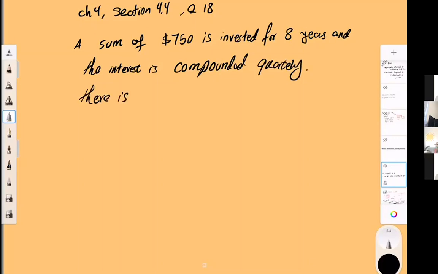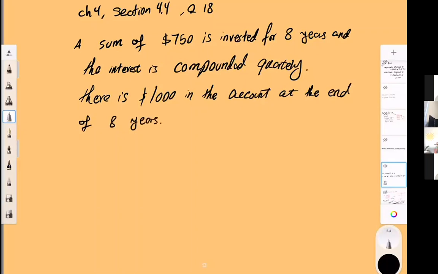There is $1,000 in the account at the end of 8 years. They're asking, what is the